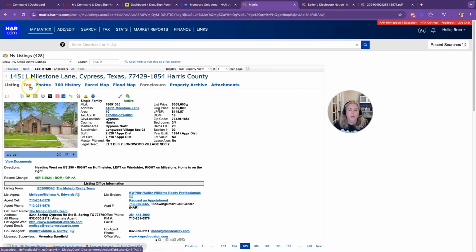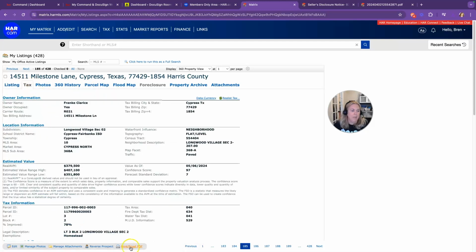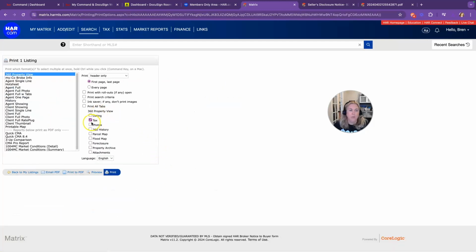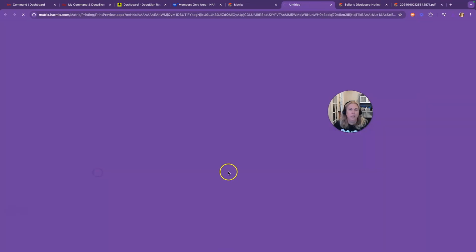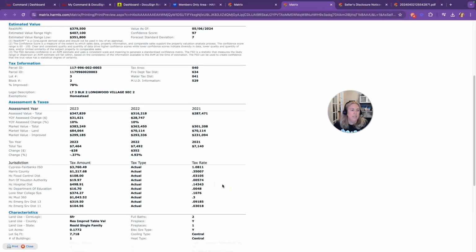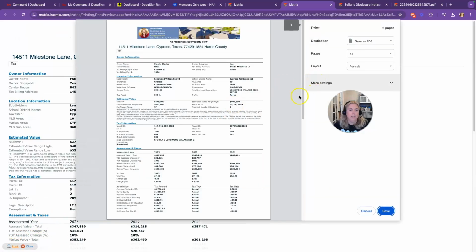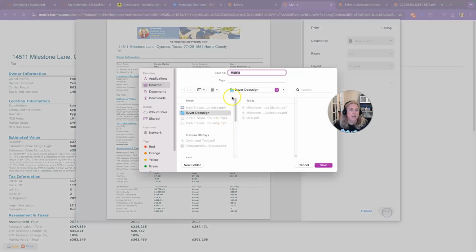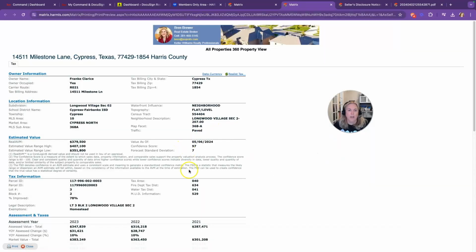We are also going to need the tax record. So I'm going to go ahead and click on the tax tab, and I'm going to print this as well. I'm only going to have tax set up. If you're using Matrix, your steps are going to be the same. Let me preview this, and it is the tax record. Go ahead and click print, save as, save tax. All right, so now I have my MLS information, I have my tax record, and I have all the attachments